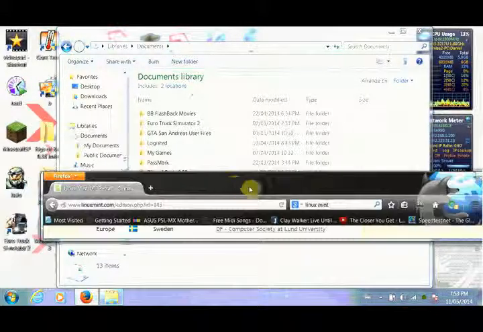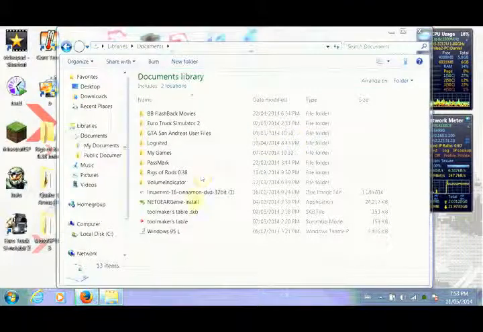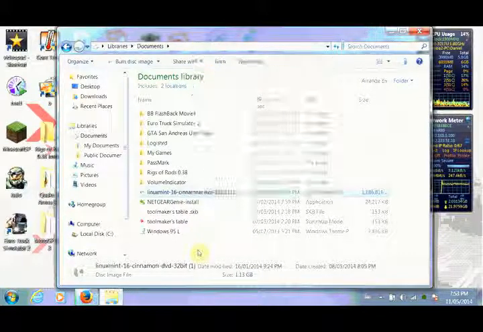Okay, so another program you're gonna want is ISO burning software, because on your computer you cannot open the ISO file no matter what you do. You can't extract it or anything because it's meant to be burned onto a disk. I don't know how the Windows disk burn software works or not. I've never used it. I just use the